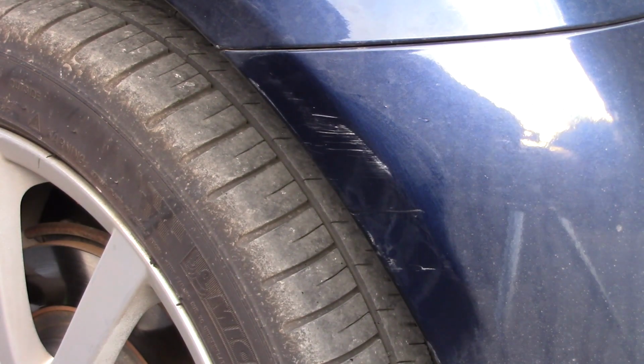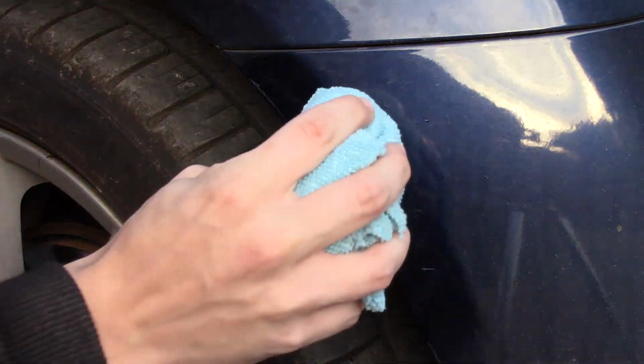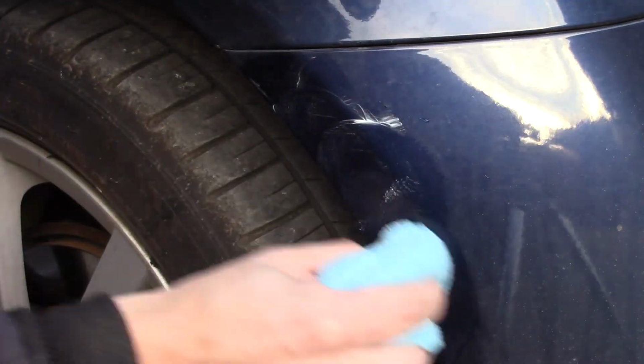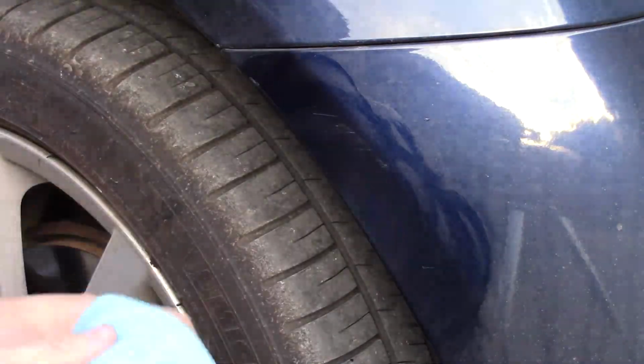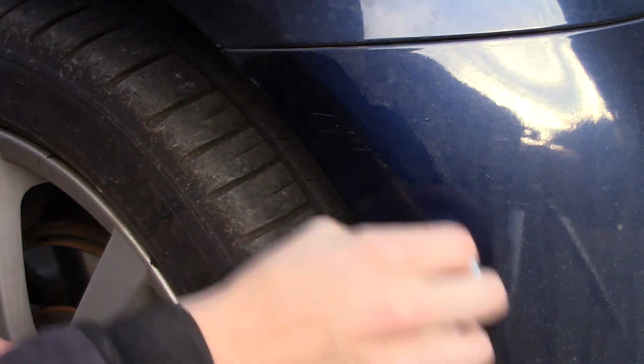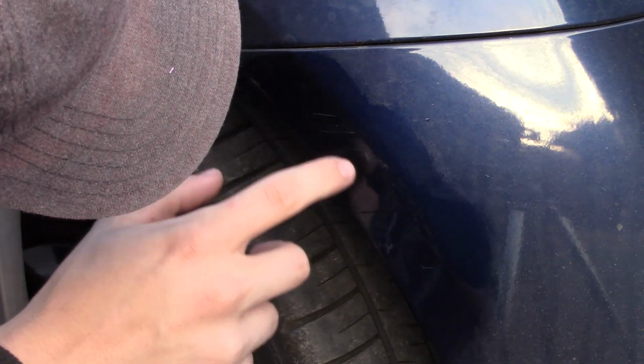And what I have for that is McGuire's Ultimate Compound. A little dab on there, and then I'll just work that into the paint. All right, well, that sure did take care of a decent amount, though it does look like we have some